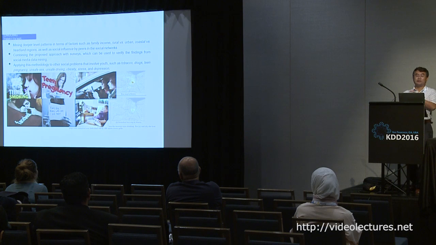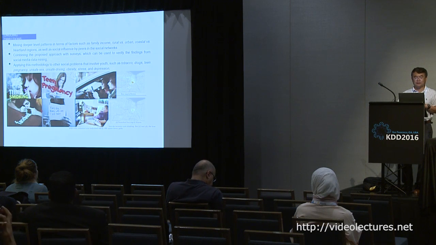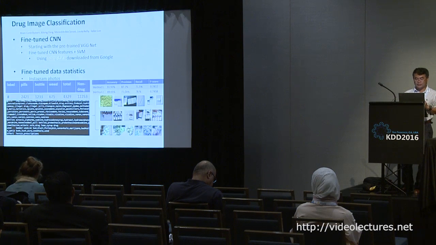Okay, so we did it for drinking, but we use the same methodology to track other activities. We call this collection of activities risky behaviors. So there's drug use, there's smoking, there's depression, which is a big deal, bigger than I thought. Eating disorder, texting while driving, that's a big deal. So we could track all of these things.